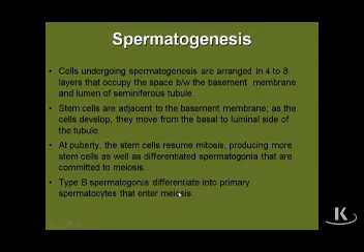Now, the details. As we said, basically, cells that undergo spermatogenesis are going to be arranged in anywhere between 4 to 8 layers that occupy the space between the basement membrane and the luminal surface of the seminiferous tubule, and only the Sertoli cells span the entire width from the basement membrane to that luminal surface. The stem cells, as we say, are the primordial germ cells that lie in a quiescent fashion adjacent to the basement membrane until puberty. At puberty, they commence mitosis